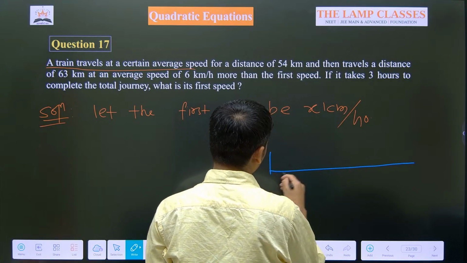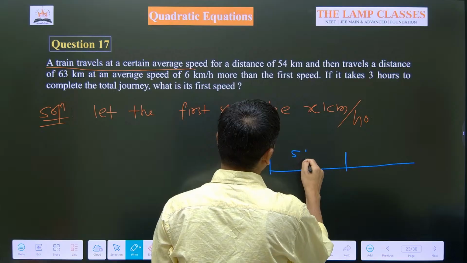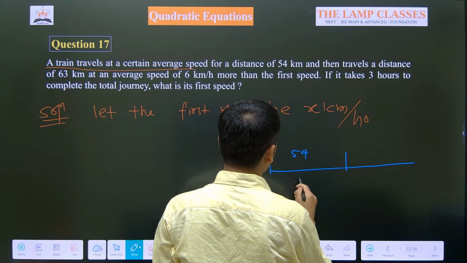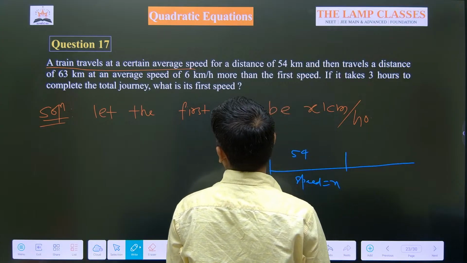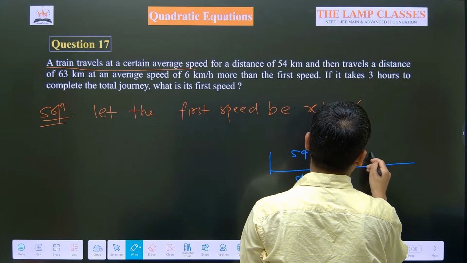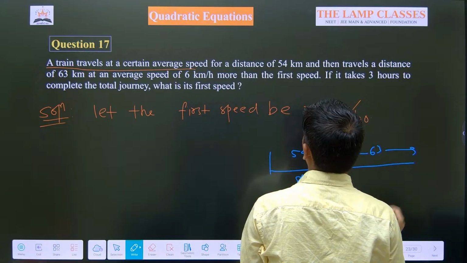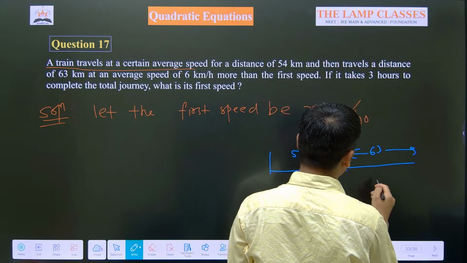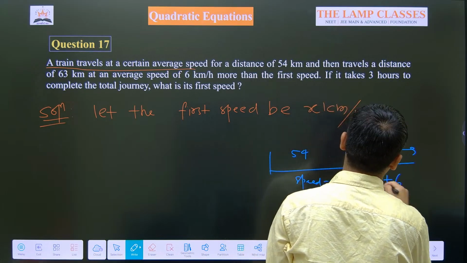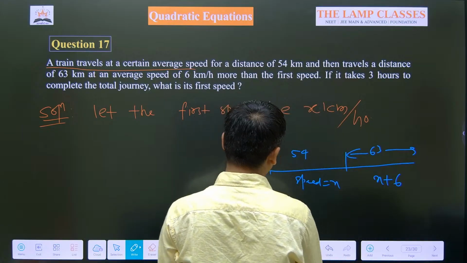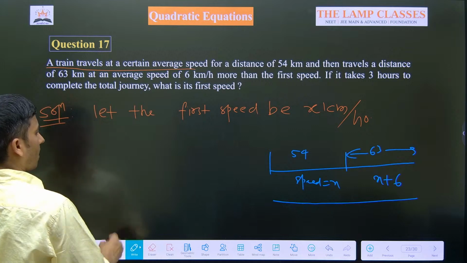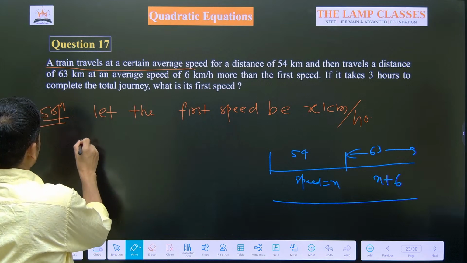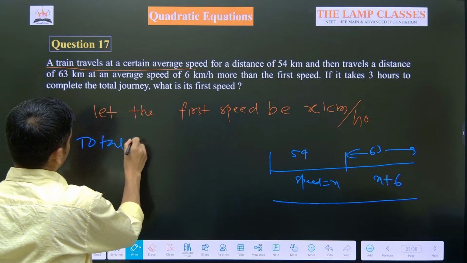So we are traveling 54 kilometers at the speed of x kilometers per hour, and after that 63 kilometers we are traveling at a speed of 6 kilometers more, that means x plus 6. So can we calculate the total time taken to travel this distance? So total time is